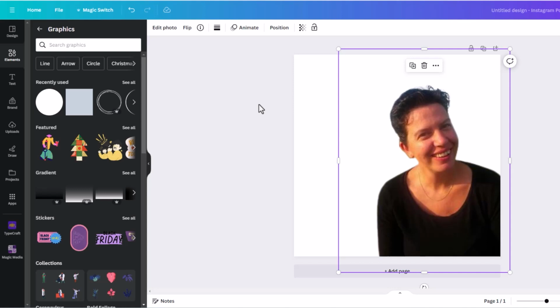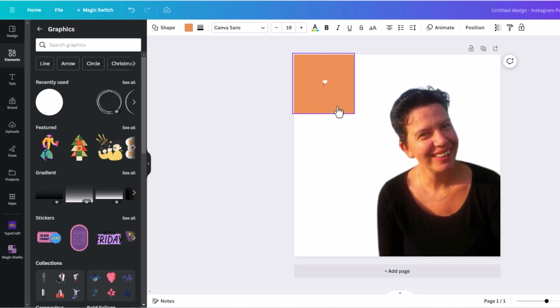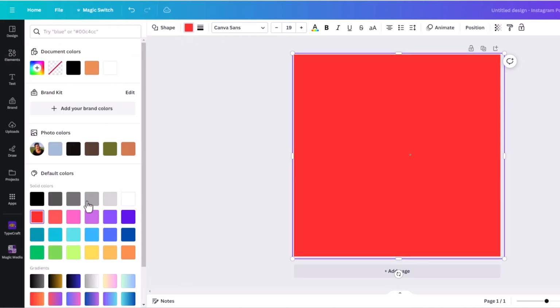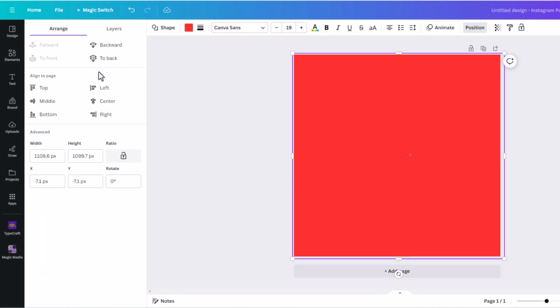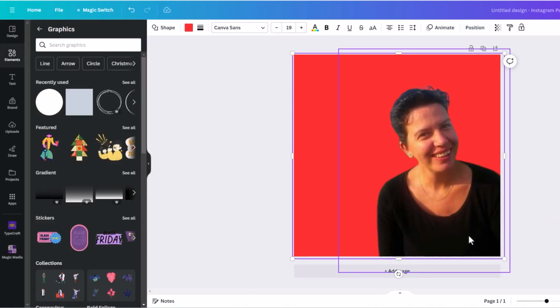After we've removed the background, it's sometimes great for your image to really stand out. If you put it on a bright color, it makes it much more effective. So I'm just going to add a bright color to the background, just so we can have a look at what we're doing. We'll select a color, position it, and send it to the back. Currently, it's kind of poppy,